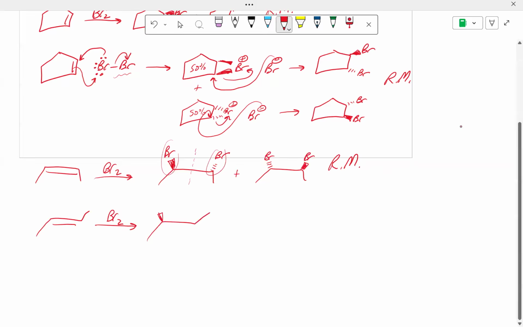Now, starting with the trans alkene, again, I'm going to add the bromine in an anti-fashion. Does that look like it's symmetrical? You might look at it very quickly and say, no, of course not. They're not going in the same directions. But what can you do with single bonds that aren't involved in a ring? I can rotate them around. If I rotate one of those carbons around or rotate that single bond,